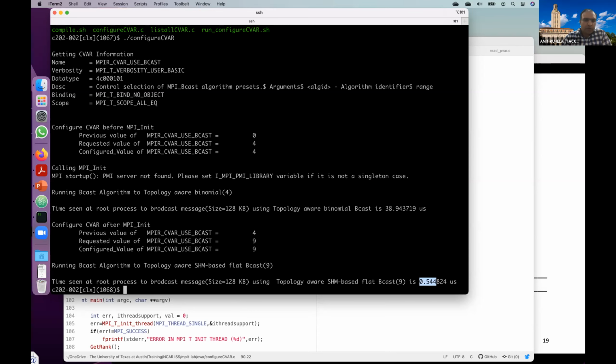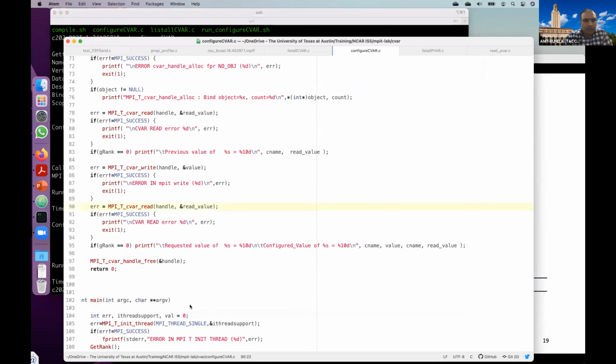So we tried to tune MVAPICH2 over the Shine cluster, and there is always scope, because of some hardware changes, some algorithms may not work at that level. So you can always try and change these algorithms to get better performance.